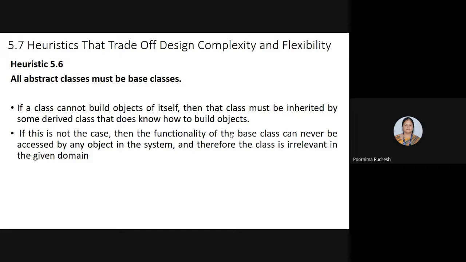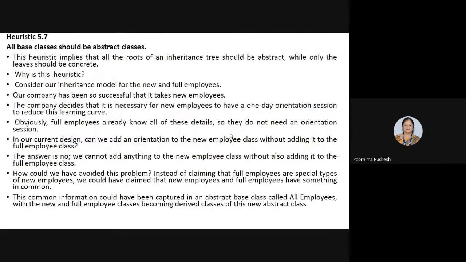According to that, if the class doesn't build objects itself, then it must be inherited by some other derived class that doesn't know how to build the objects. If that is not the case, the functionality of the base class can never be accessed by any object in the system, and that class is treated as an irrelevant class in the given domain. This is about heuristic 5.6, and now we'll see heuristic 5.7.